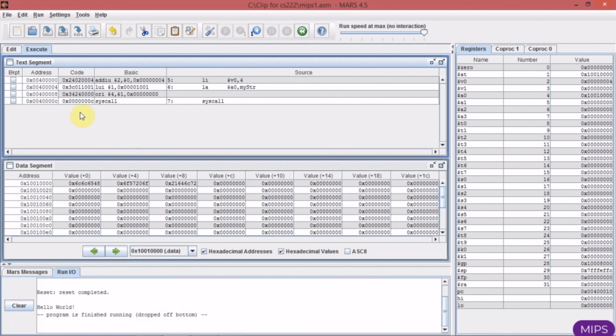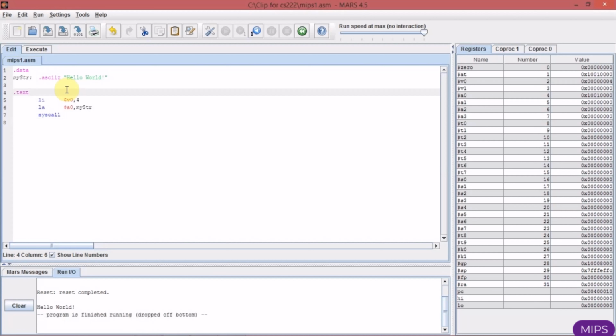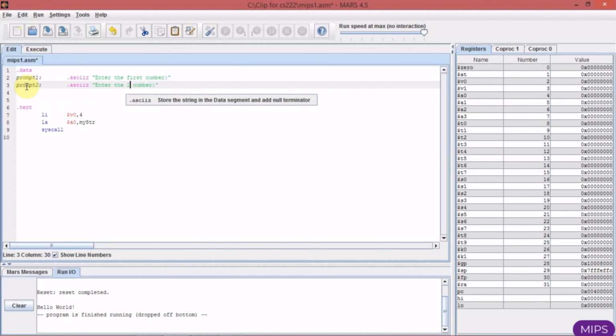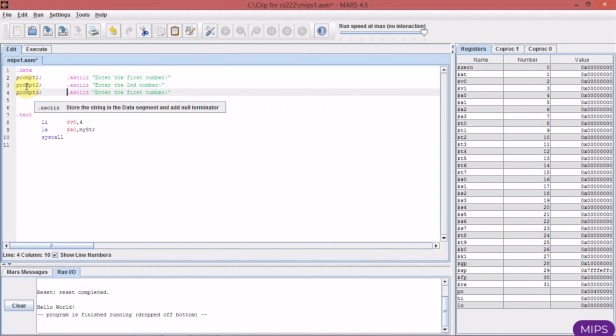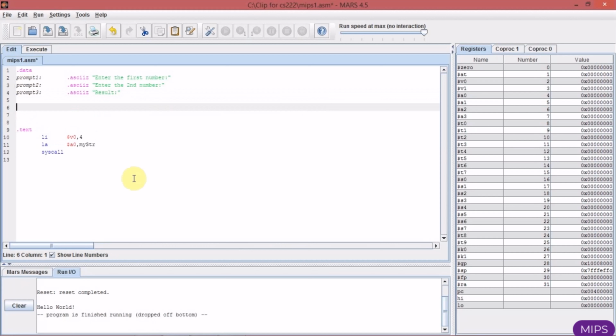Let's write a more practical example. Assume that I want to write a program to read two integer numbers from the keyboard, and after computing their summation, print the result on the screen. So I need a message, I name it prompt1. Also, I need a message for the result. I need to declare variables to store the input numbers,